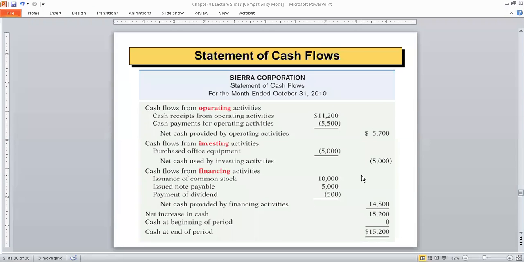So you have a lot of numbers that are in parentheses on a statement of cash flows. But again, not because they're negative values. It's indicating inflows and outflows. Right? So get a big picture understanding of the statement of cash flows as a financial statement. Right? Chapter 1 then concludes